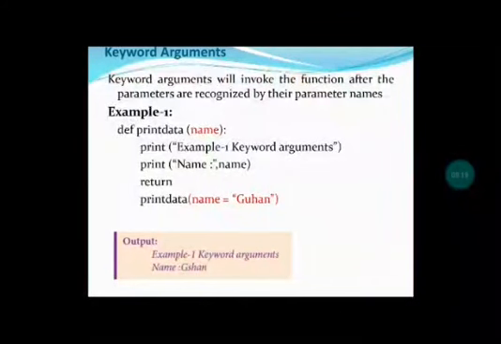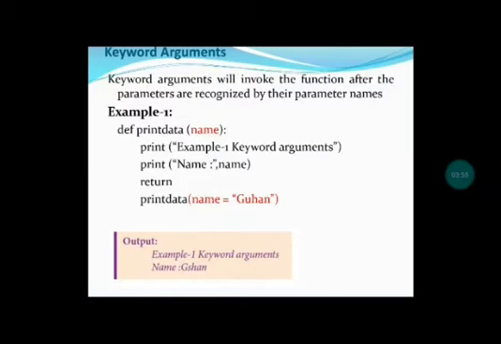Next, we will go for the keyword arguments. Keywords are used instead of giving the argument alone. The keyword in this example is name. In the previous example we saw that we were directly sending welcome. Here we are sending with the keyword. Look at this program. The same program as we saw earlier, name equal to Guggen, like that we have given. So name is the keyword, that is the argument which is used in this function.